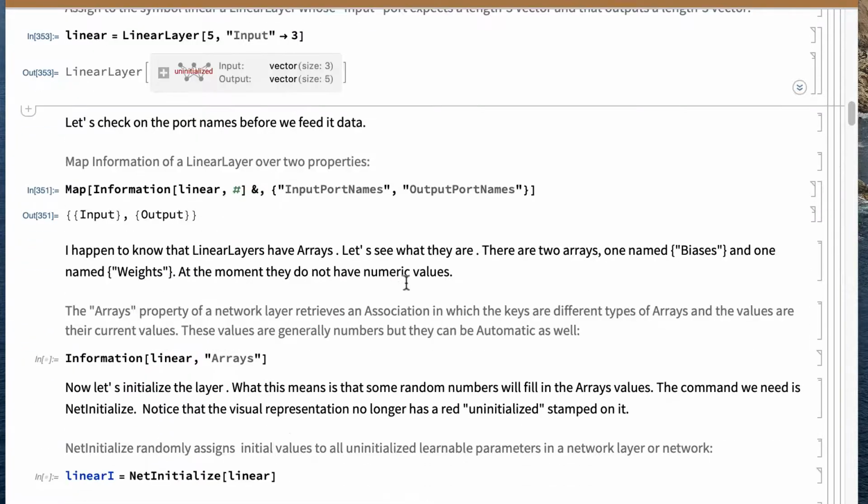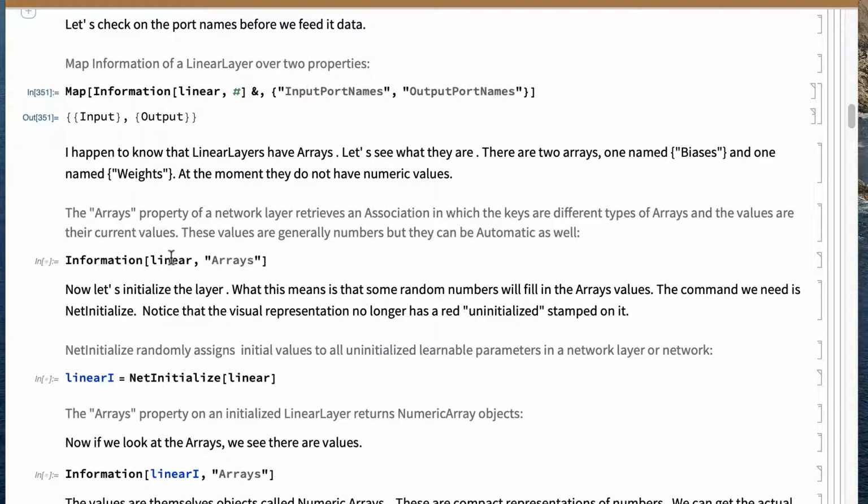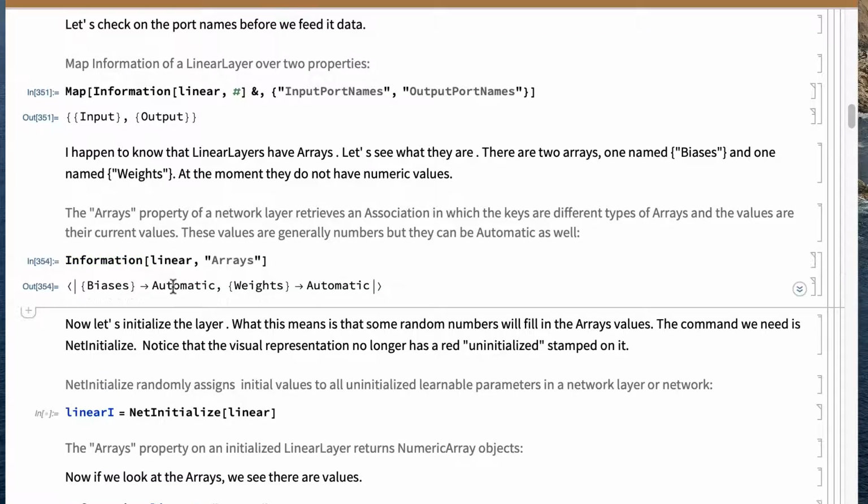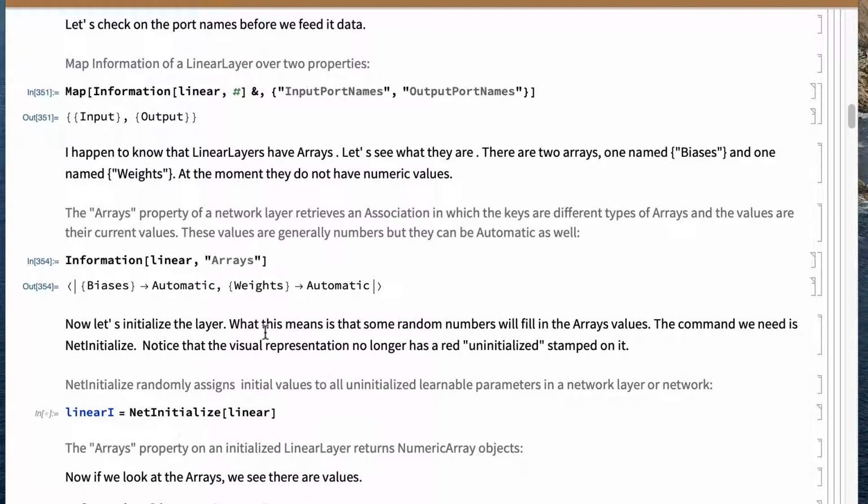So we can ask it for information on the arrays, and it will tell us, okay, there are 2 arrays, a list of biases, a list of weights, and at present their value is, quote, automatic, which really means that it doesn't know what the value is. It's just kind of waiting for you to tell it. And the way to